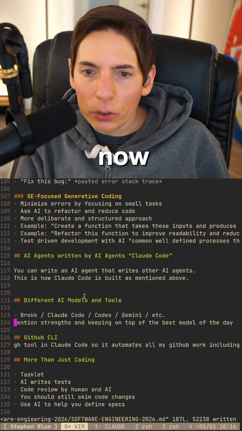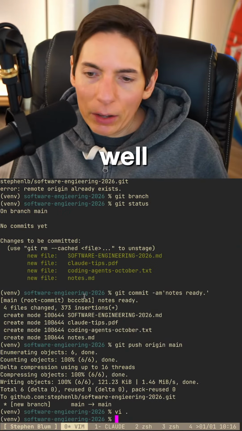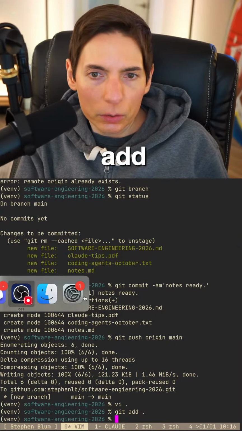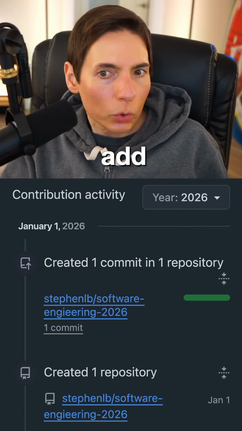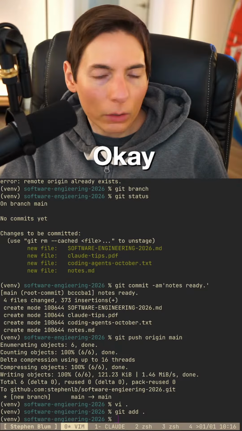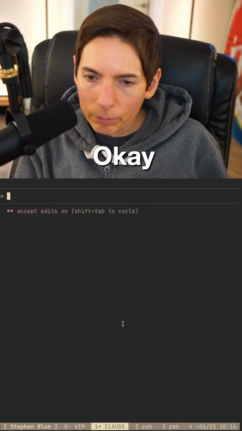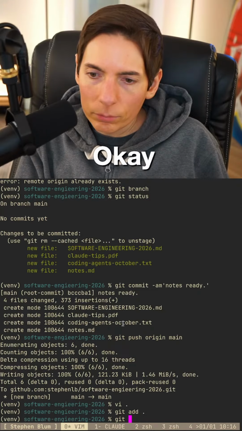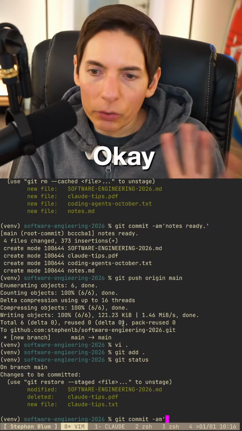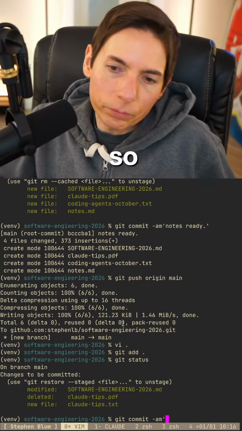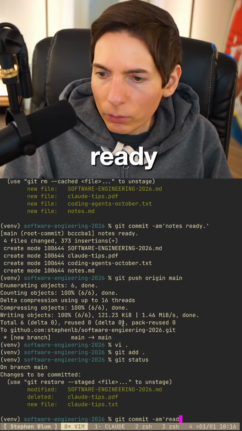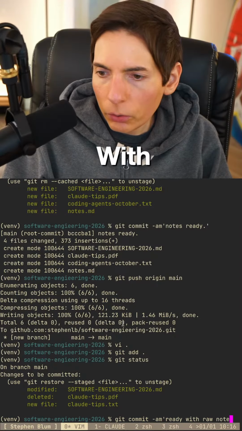All right, so now let's start doing some vibing, or well, generative coding. git add. All right, so let's say ready with raw notes.